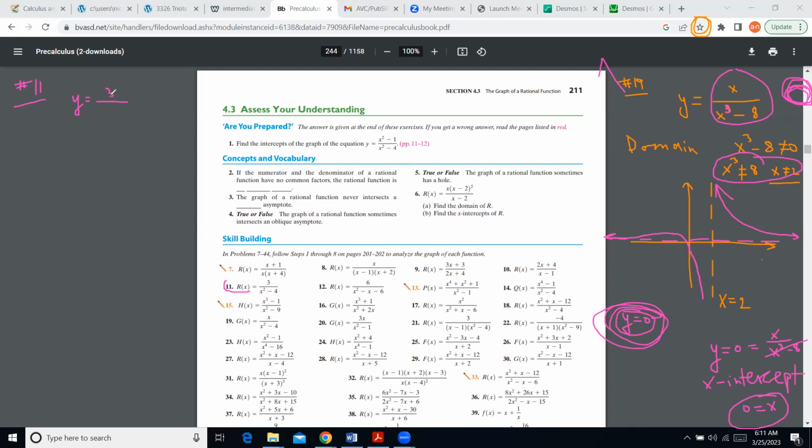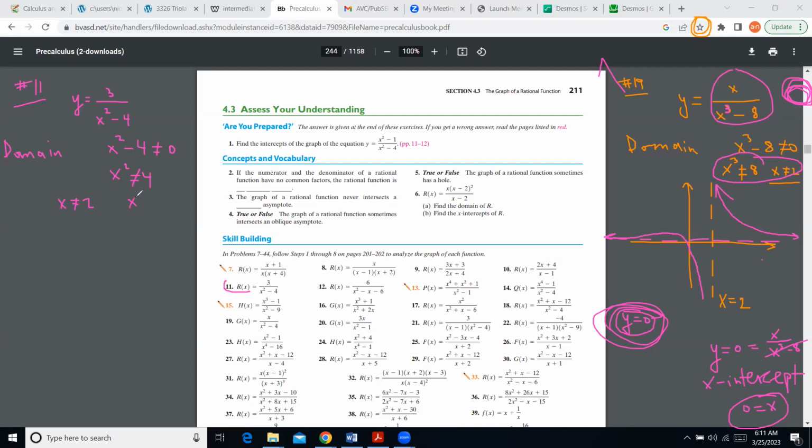So here I have 3 divided by x to the power of 2 minus 4. And I start as usual. I'm going to get the so-called domain, which means that the denominator, x to the power of 2 minus 4, is not equal to 0. So x squared is not equal to number 4,